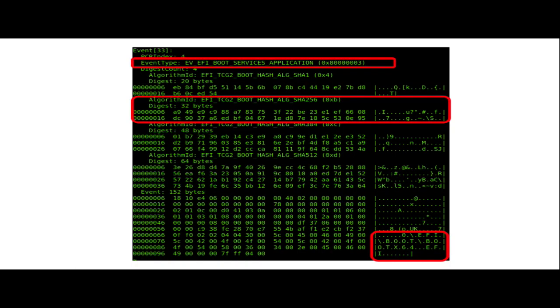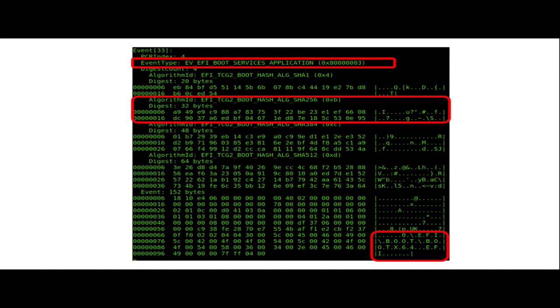So this is a snapshot of an event that's coming out of the event log as dumped by the Grub shell. The test for this is just running OVMF in QEMU with a software TPM backing it up. The event number at the top there is 33. This was the 33rd event. The type there is actually from the EFI application measurement. So that's the type that you'll see when EFI kicks off an EFI application, either from the EFI shell, or in this case, you can see the name down here,